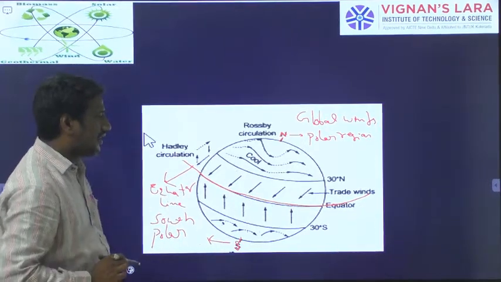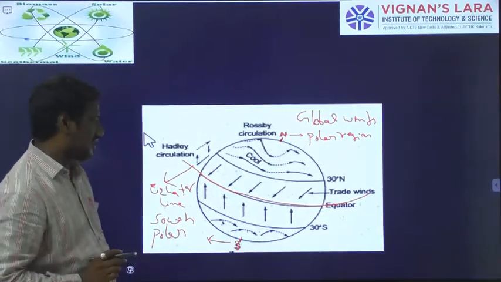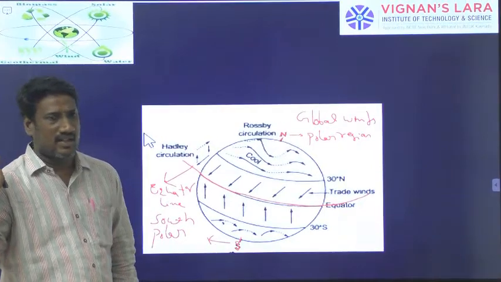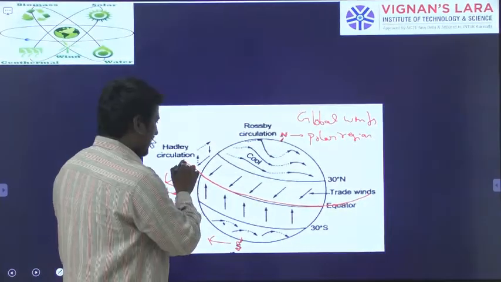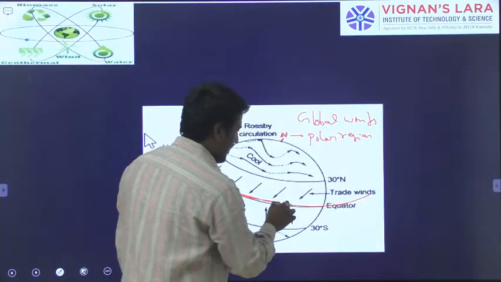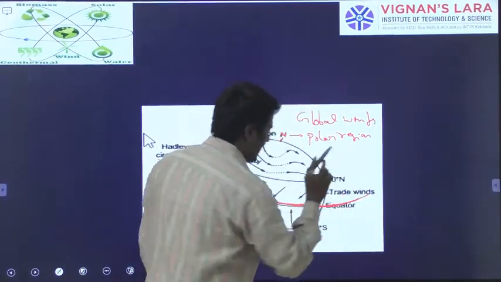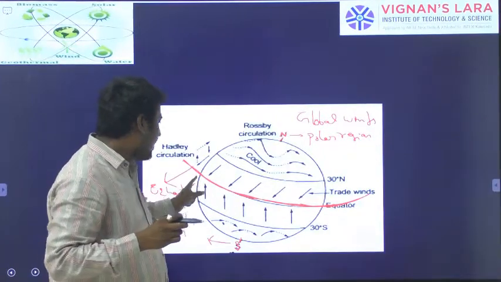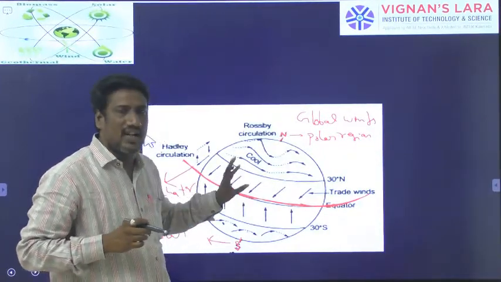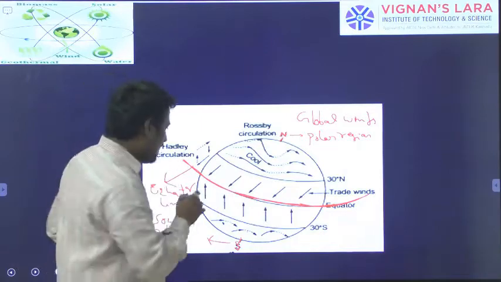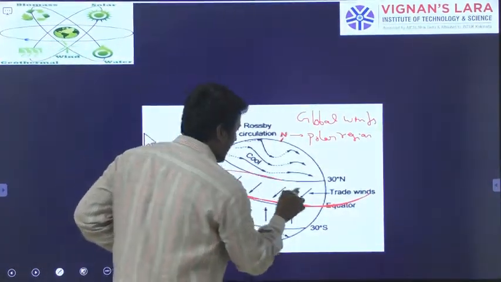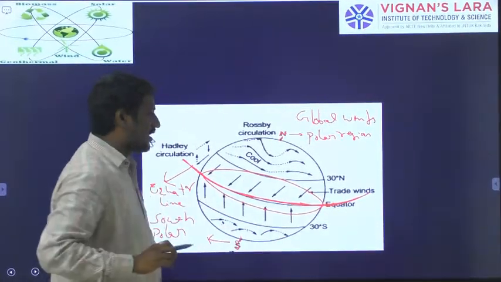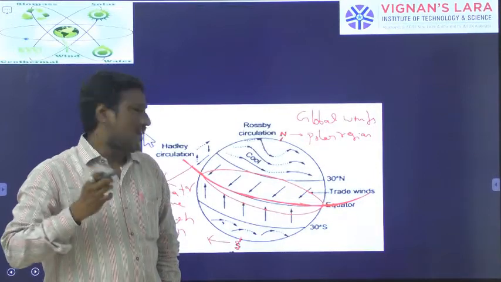This we can call as an equator line. Okay. Here the very important thing will be: the temperature will be continuously accumulated in the equator region. As it is at the center, continuously the temperature will be accumulated, and always the temperature of the equator line will be high. Equator line, or you can say the area surrounding the equator line, you can call it the equator plane. Okay. So in the equator plane or the equator line, the temperature will be continuously accumulated.